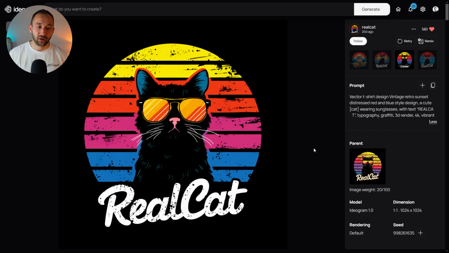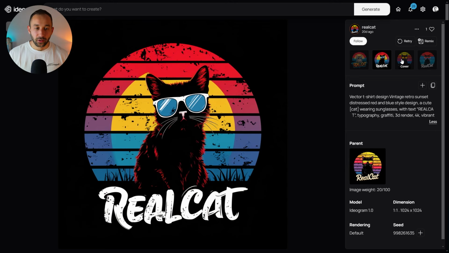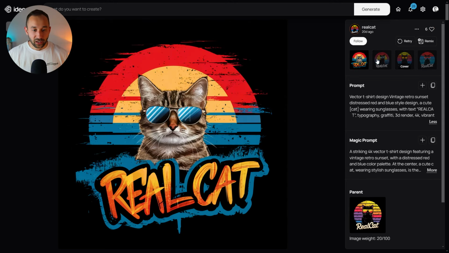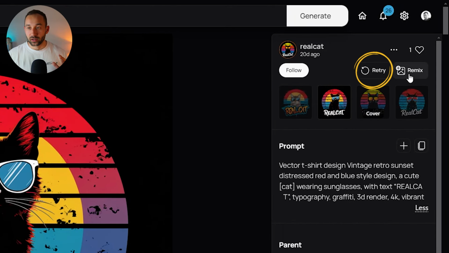It's on a black background. The texture effect looks really neat, and I also like this script font at the bottom. If we look at some of the other results, they're not all that good. They're not all as amazing as the cover right here, but that's the nature of AI. It can be hit and miss. You do have to retry multiple times, try the remix feature as well to get closer to the actual result